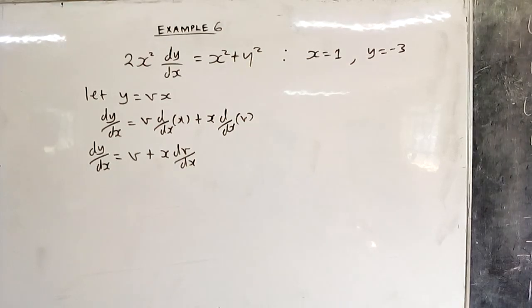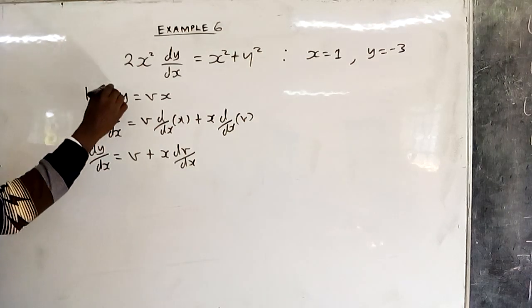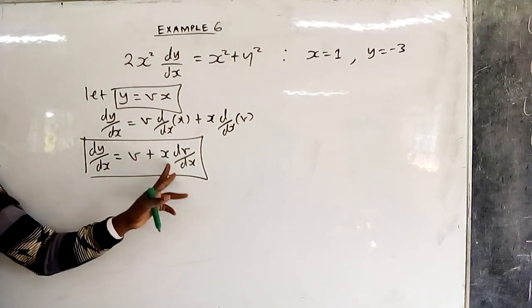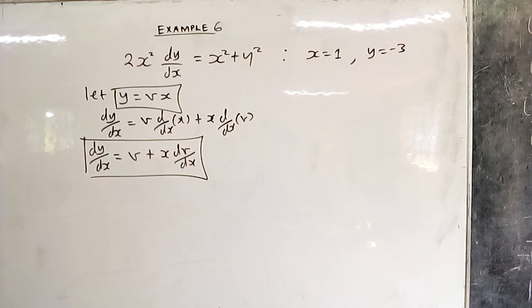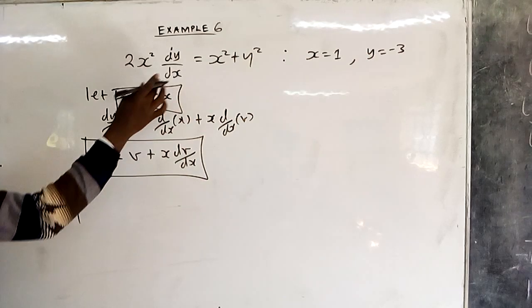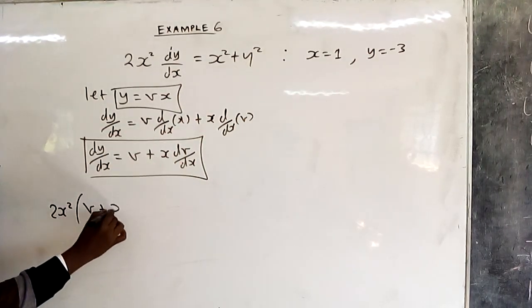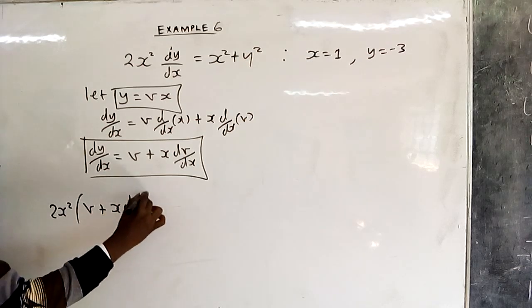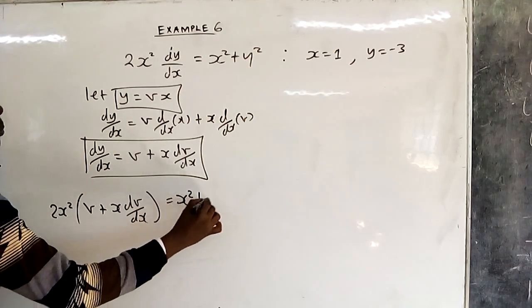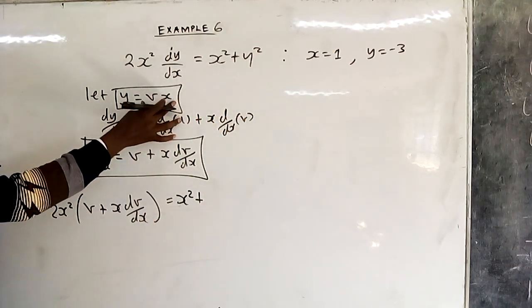Having done that, where we have y, we are going to put vx. Where we have dy over dx, we are going to put v plus x dv over dx. What we are simply doing here is the substitution process. So here we have 2x squared into dy over dx, which is v plus x dv over dx, equal to x squared plus y squared. But y is vx,